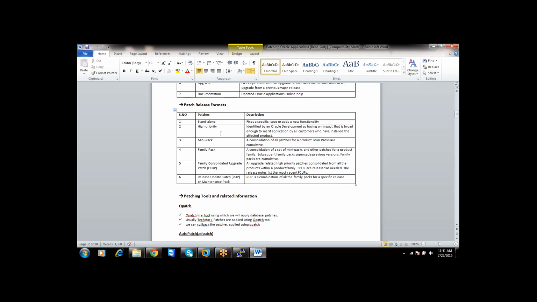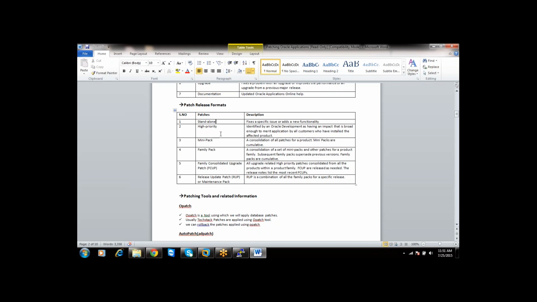Let us assume 100 customers have installed a product from Oracle applications. One user reported some kind of issue related to the product, which is highly affecting some other modules or the same module itself. At this point of time, Oracle releases high priority patches and informs all the customers who are using that particular product. So please go ahead and apply these patches, as this is going to fix these kinds of issues.